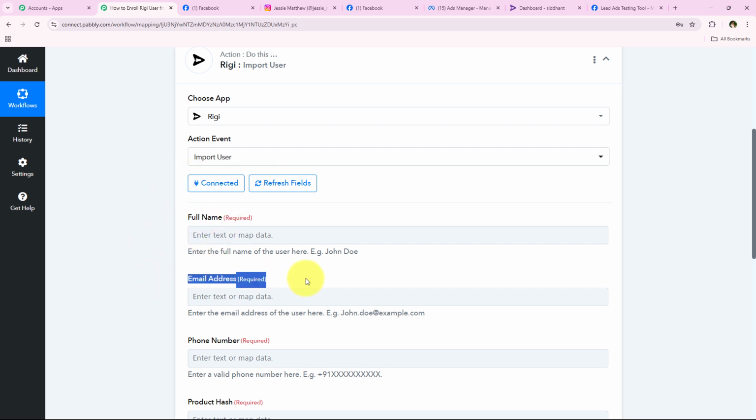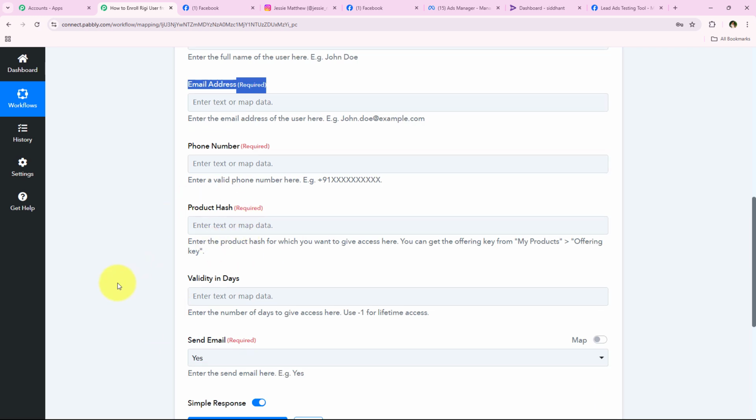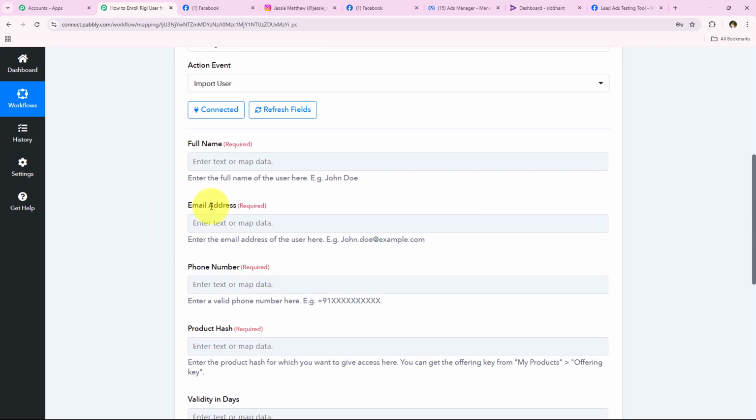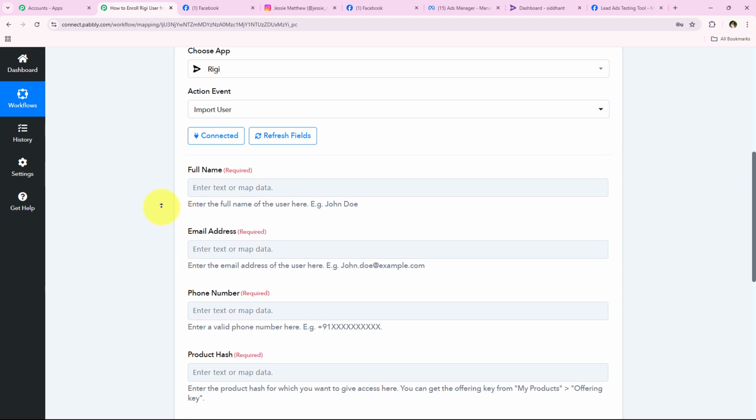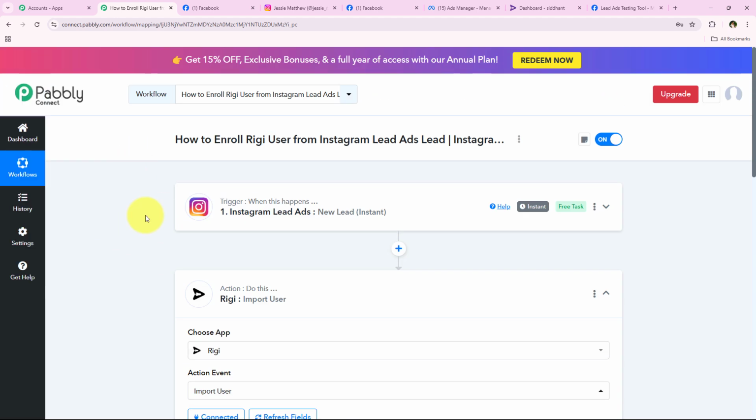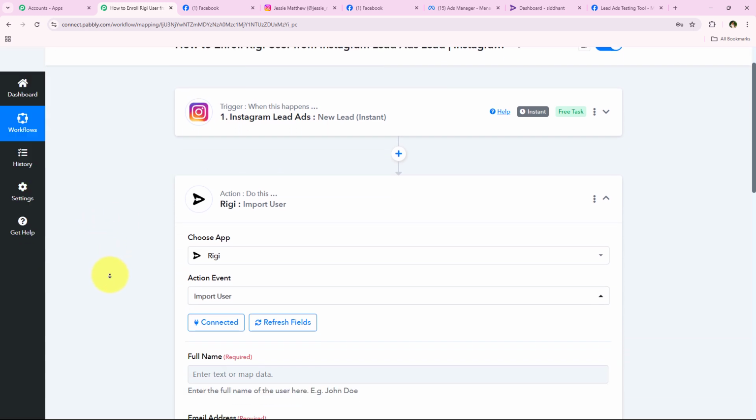And now it is asking me for the full name, the email address, the phone number and the product hash. So what we're going to do is enter the lead details right over here so that we can enroll our lead into our Rigi course, right? So we are going to enter the same details which we received in the response of our trigger application, but